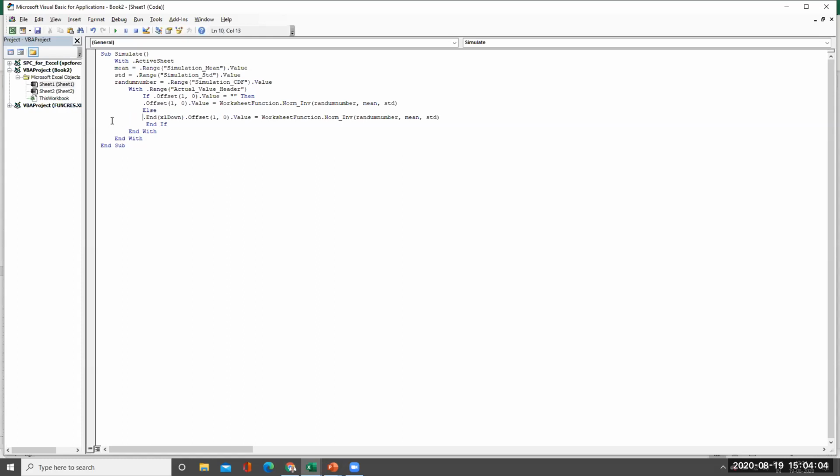That is okay. That is one subroutine over.